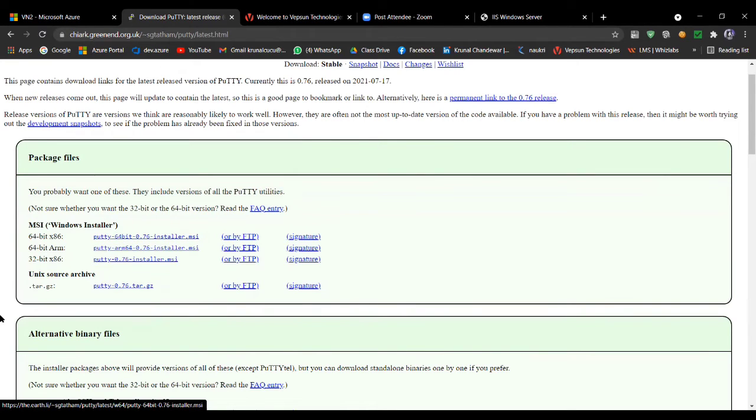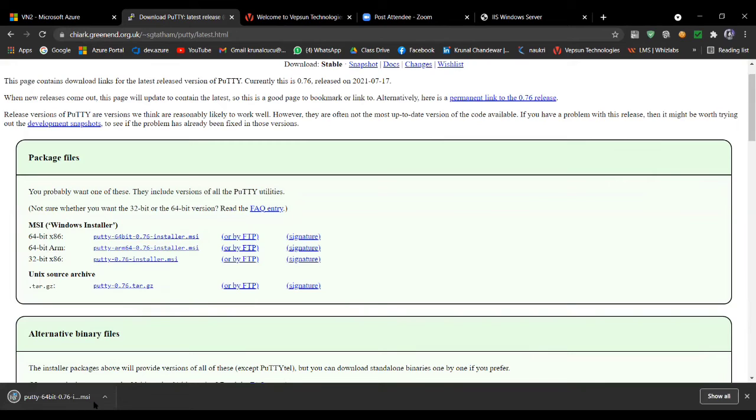Okay, and now your PuTTY tool is downloading. I am opening this. I already installed this one, it is already installed on my laptop, but still, see, this is the PuTTY tool. I am reinstalling it again. You have to double click.